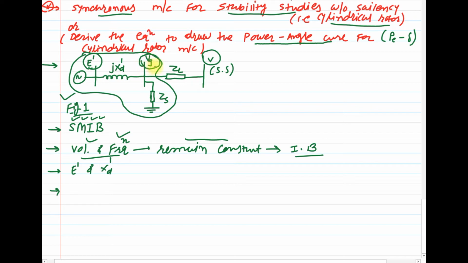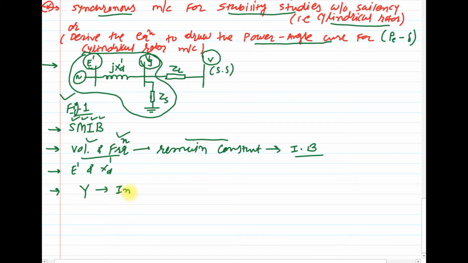That means we need to eliminate the generator terminal voltage, because as the name suggests, single machine infinite bus system, only two nodes are available, one from the machine side and the other from the system side. Clear? So to eliminate this VG, we need to convert this star connected